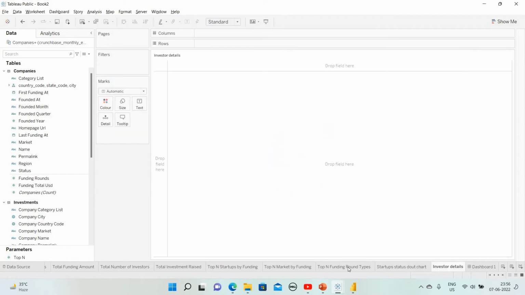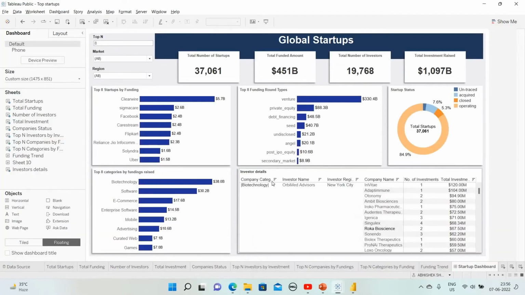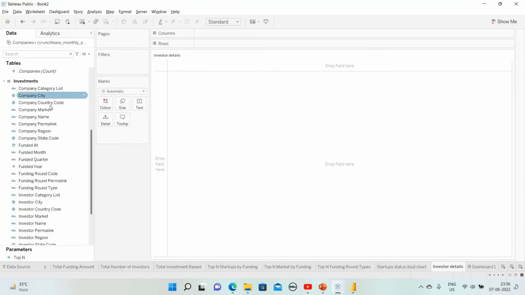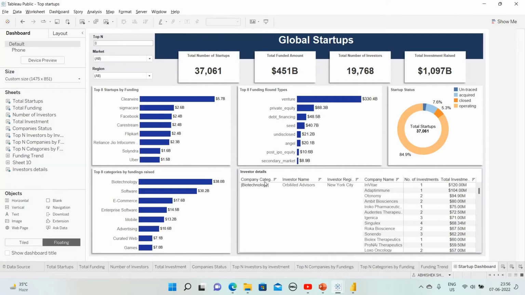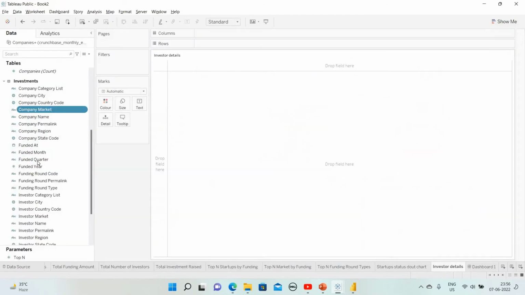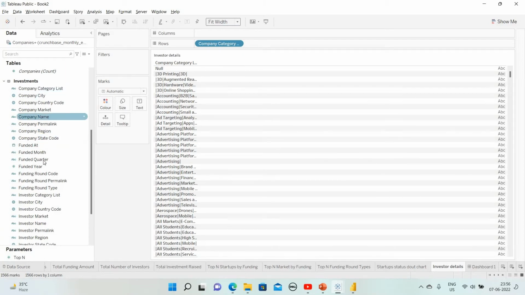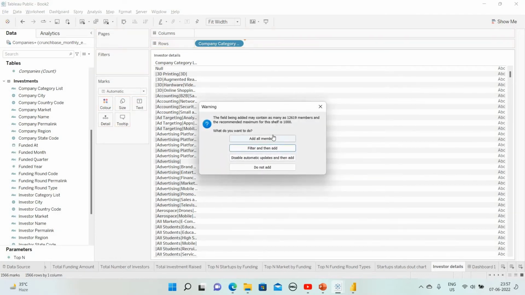The last visual is our table, the investor details table. So to build that, let's go to the investment tab. The first one is the company category. So company category is this, add all, fit width, then the investor name, add all,